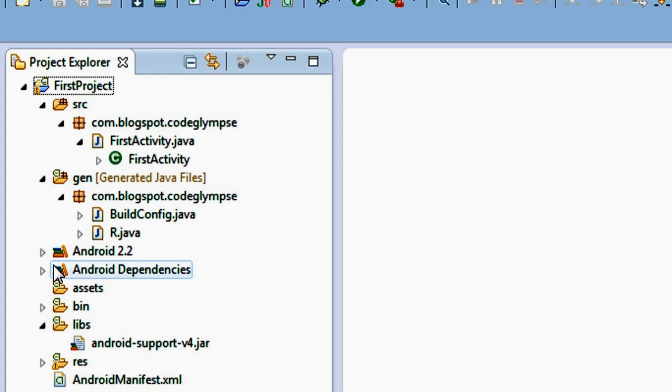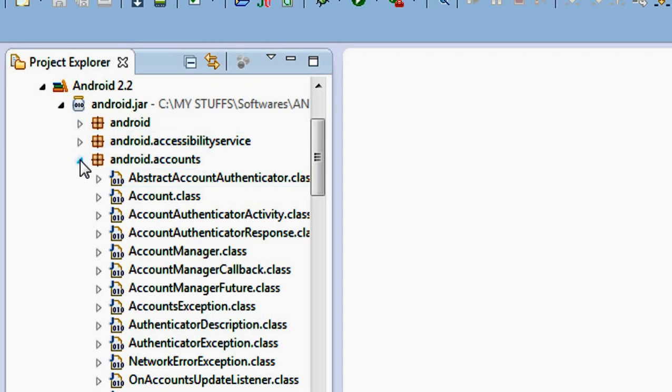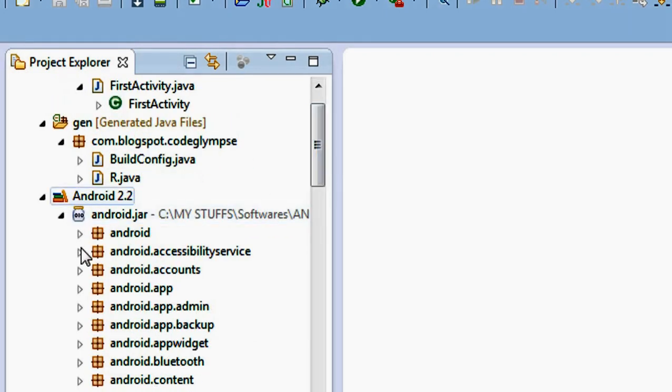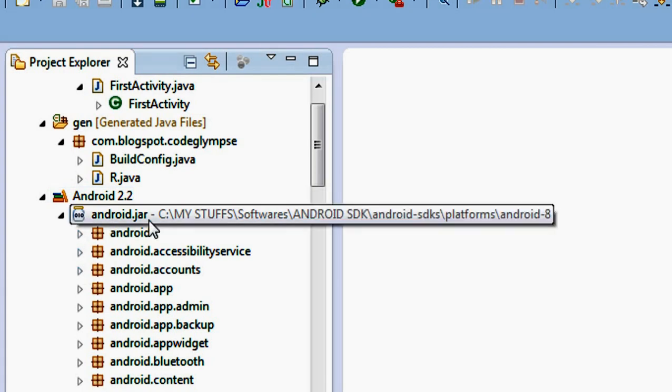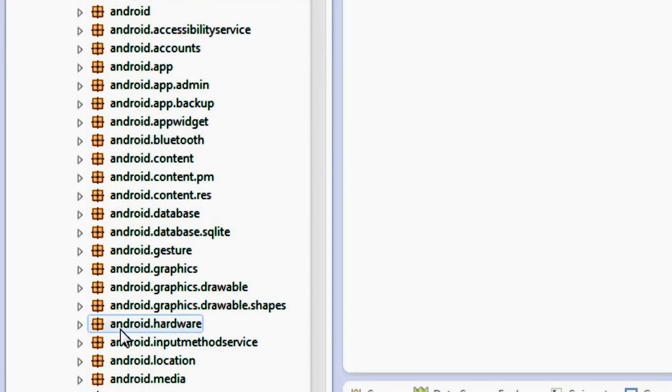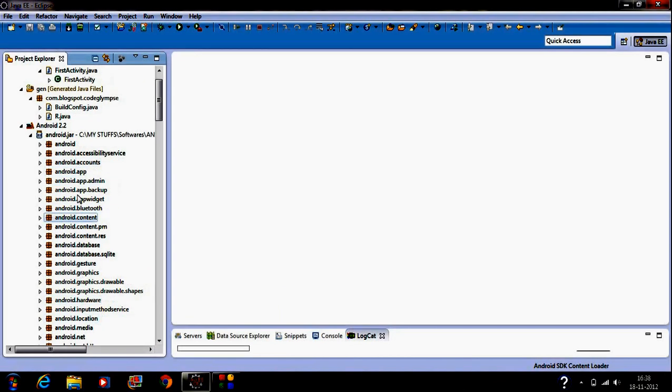Next is the library file, Android 2.2. This folder contains all the library files associated with your Android API. Here a jar file is present. By expanding that jar file, you can see a lot of packages inside it.